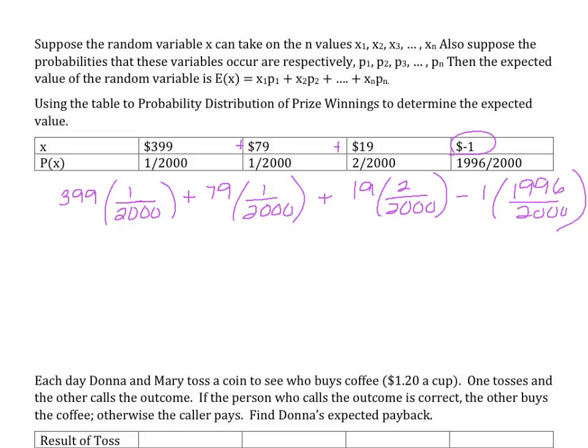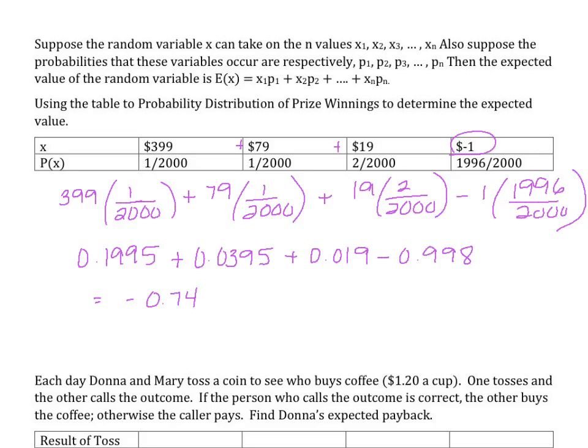So 399 times 1 is 399. Divide that by 2,000 and we'll get 0.1995. Plus 79 divided by 2,000 is 0.0395. 19 times 2 divided by 2,000 gives us 0.019. Minus 1996 divided by 2,000 is 0.998. So using our calculator, if we added all these decimals together, we would get a negative 0.74, meaning we would expect